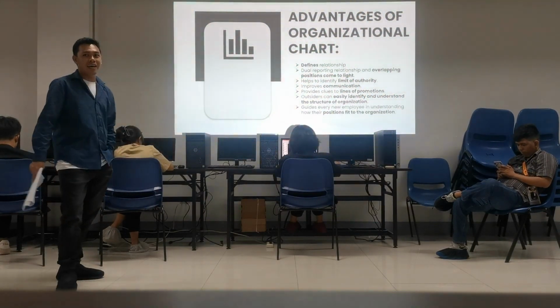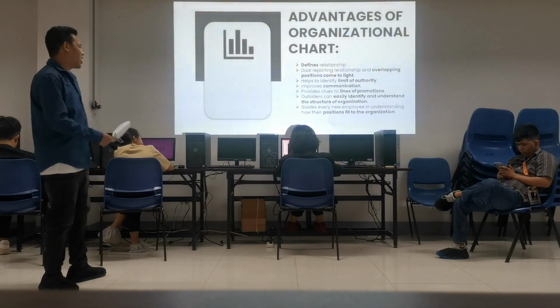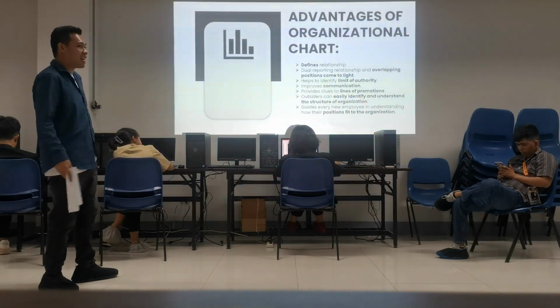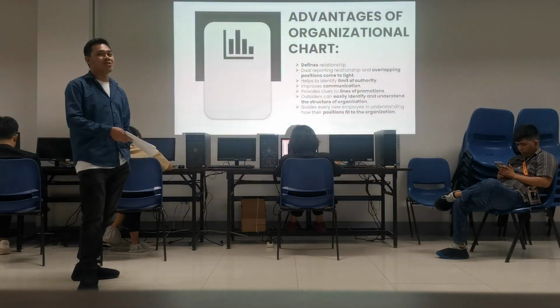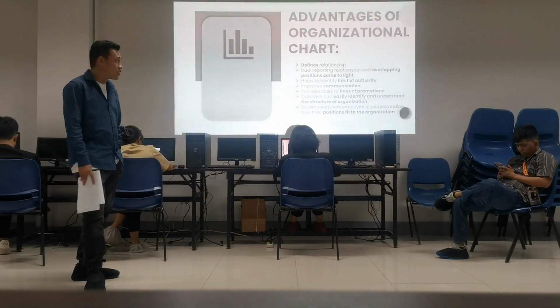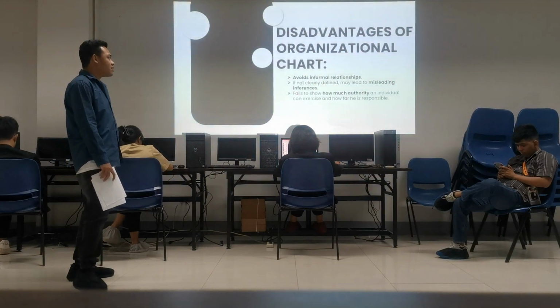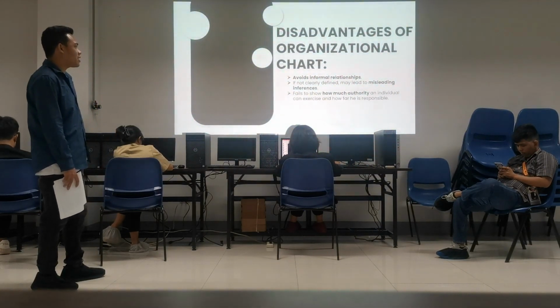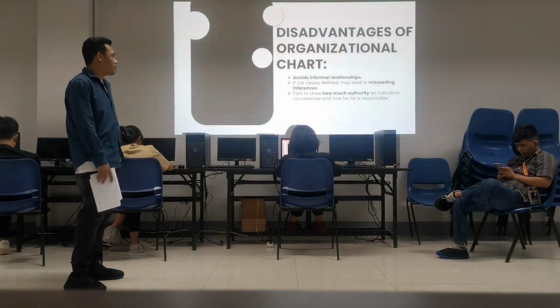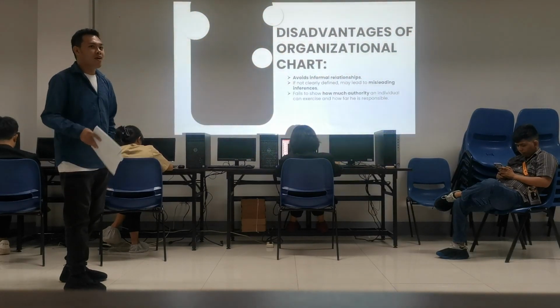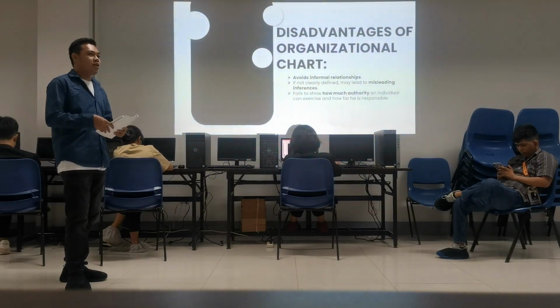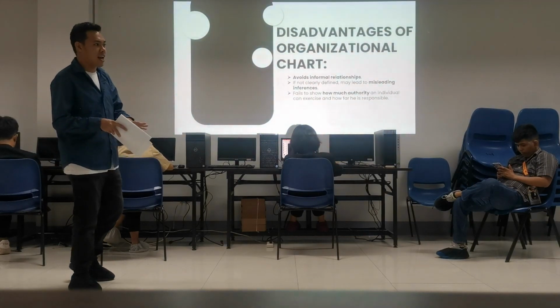So, sa pagkakulong nga guys, nga muna yung purpose sa organization like mga outsiders like di ba sila yung mga doon simple rin kayo organization ka sa mga po niya. The disadvantages: points in formal relationship if not really defined may lead to misleading influences, so we make sure po na po ang organizational chart is ano siya